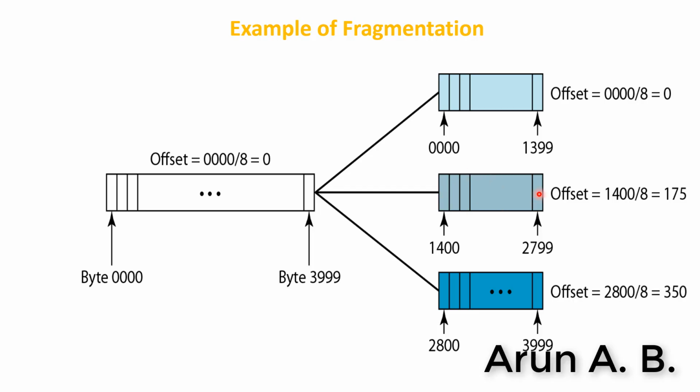Further, the size of this packet decides the offset for the next packet. The size of this one will again be 1400, so 1400 divided by 8 will again give us 175. Already we had an offset of 0, and it increased by 175; adding 175 again gives us 350. So this is the total offset. We'll see how the offset is calculated again in detail.